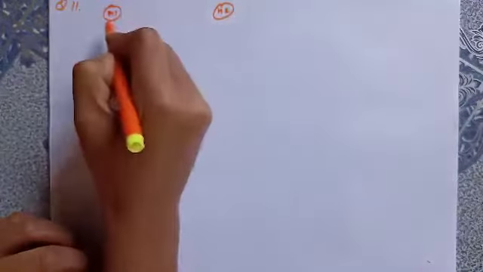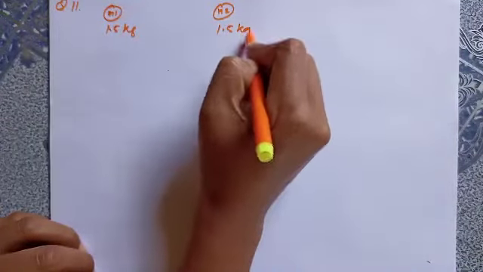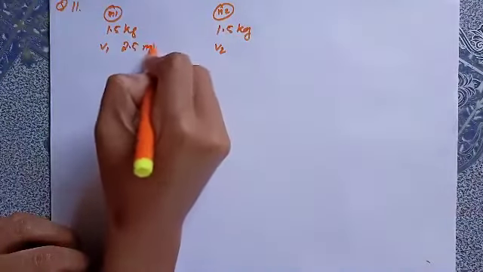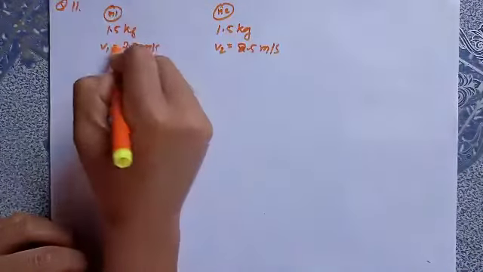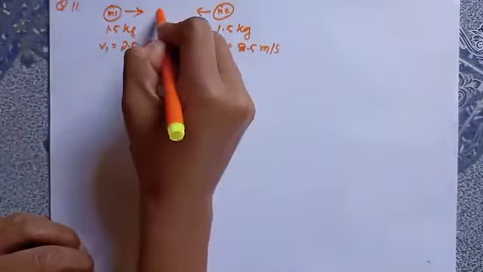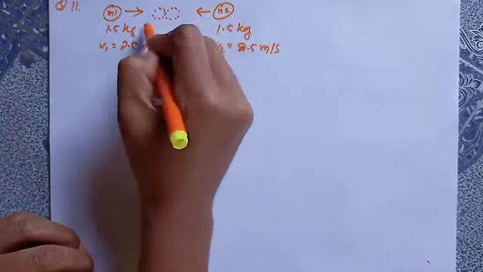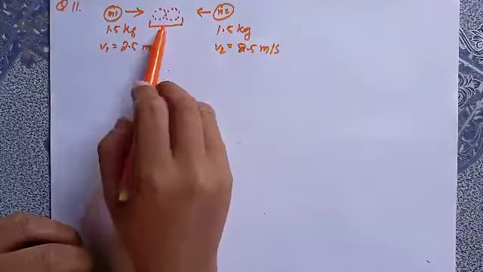automobile. Question number 11. Here, two objects m1, m2 of mass 1.5 kg each. They are moving in a straight line with a velocity v1 and v2, that is 2.5 meter per second each. So they are moving in a straight line but in opposite direction, and after some time they collide with each other, and during that collision they stick together. So here in this question we are supposed to find out the velocity of the combined object.